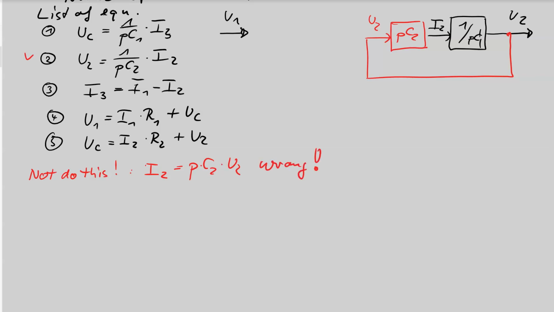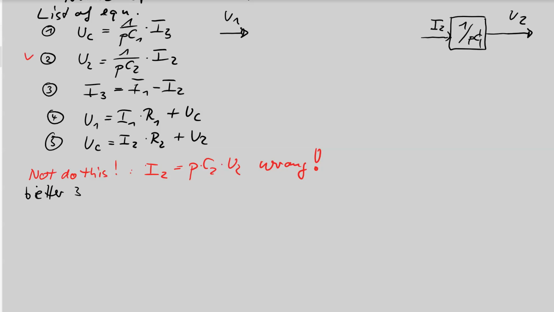Wrong. So now do this. So never use an equation again, otherwise this happens. So I have to wipe this out, and we have to find other solutions. Here's I2, and I have to select an equation here which contains I2. This could be equation 3 or equation 5. That's our decision. I take equation 3, better,